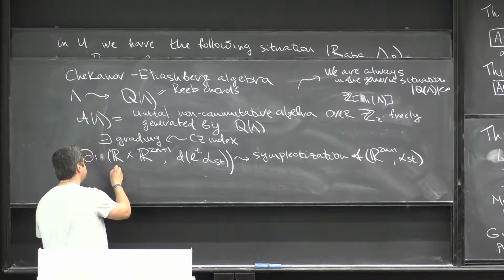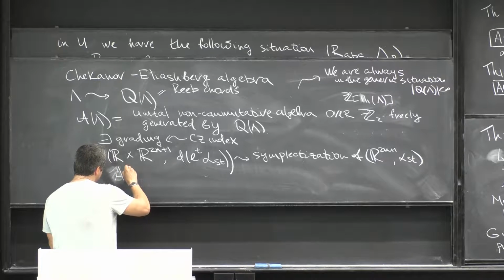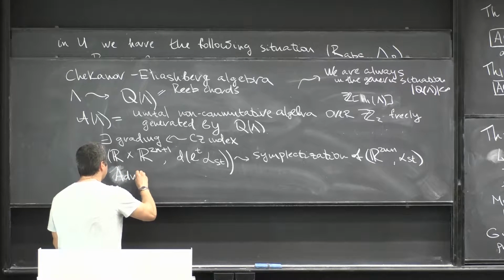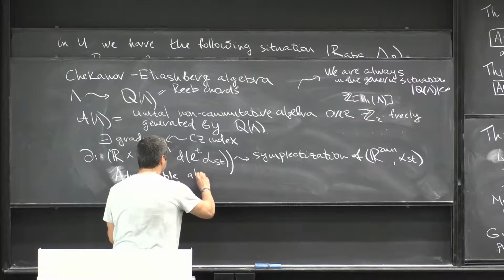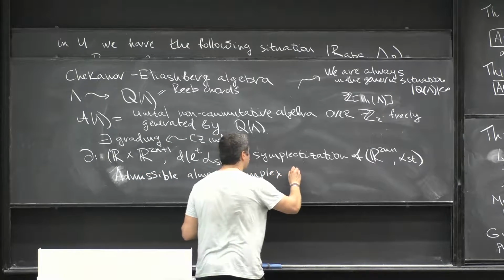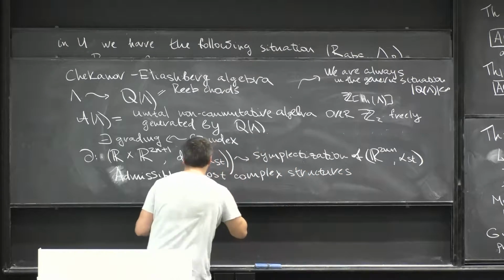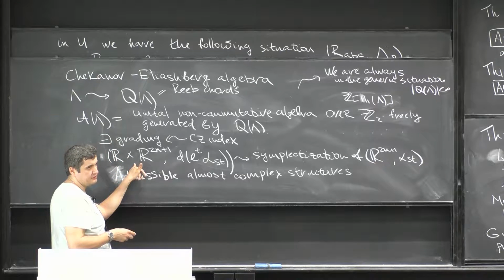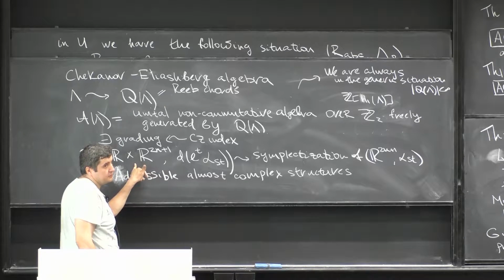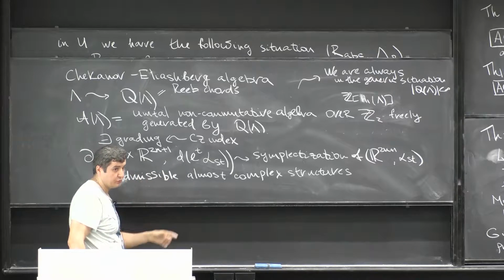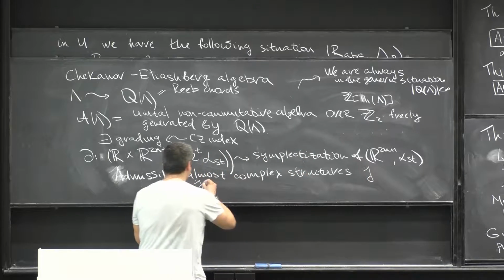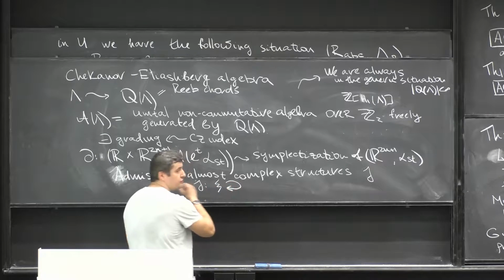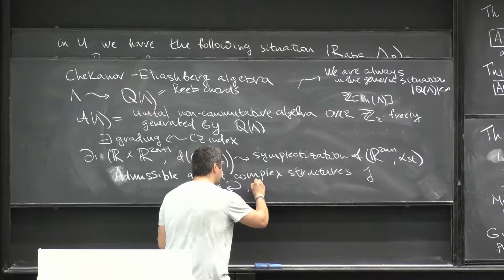Here we consider some class of almost complex structures. We consider admissible almost complex structures, and I'll explain what it means in a second. Almost complex structure is just an endomorphism of the tangent bundle with the property that its square is minus identity. Why is it different from a complex structure? Because in general you don't have local coordinates where you can write it down in a good way. Now, this admissibility simply means that J maps the contact structure to itself, and J is